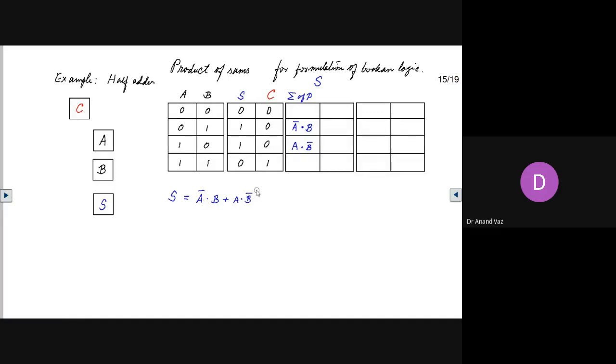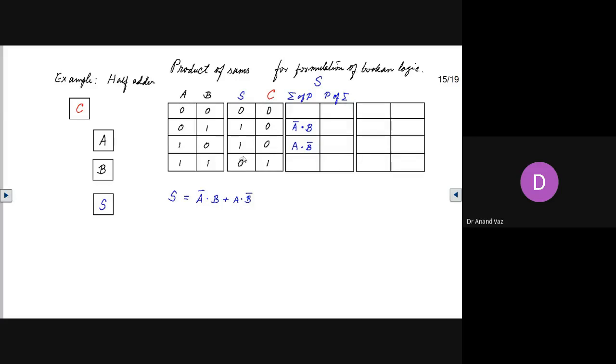Okay. Now we have another option. If we do product of sums, if we look at it in another way, product of sums. So here we see that the output here is 0, the output here is 0.